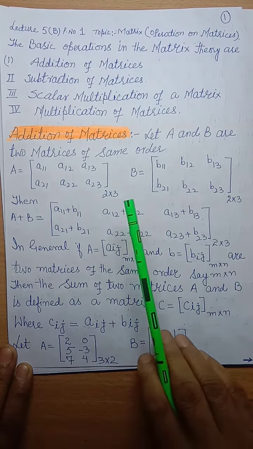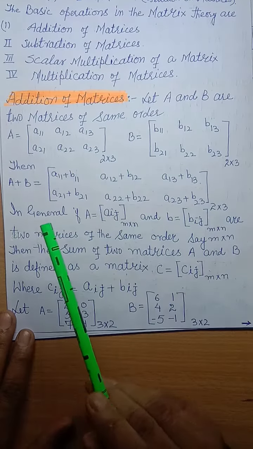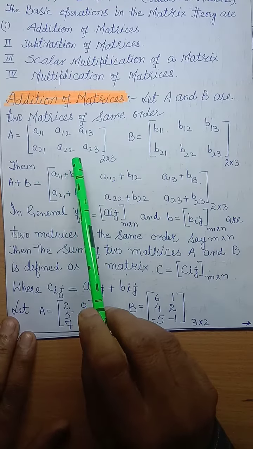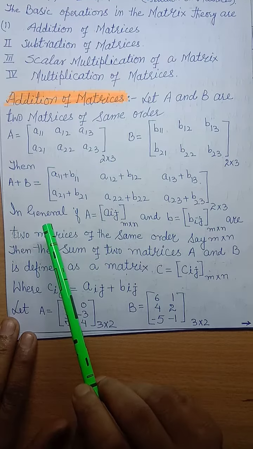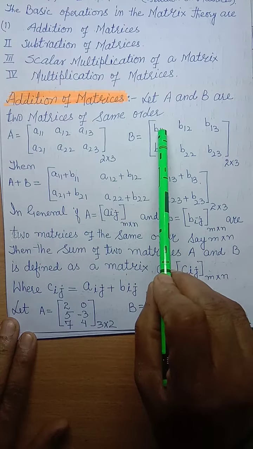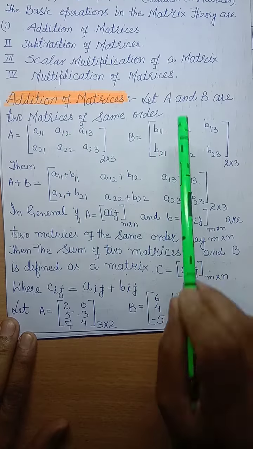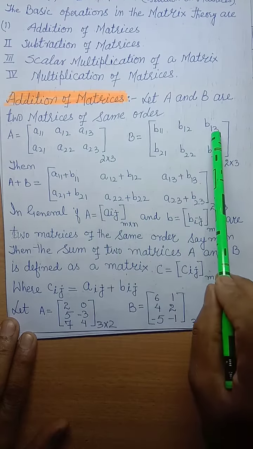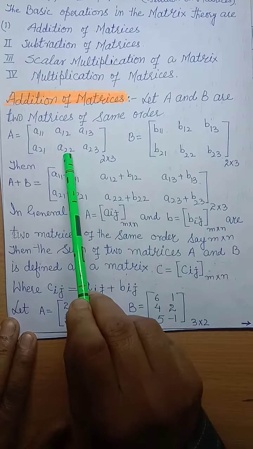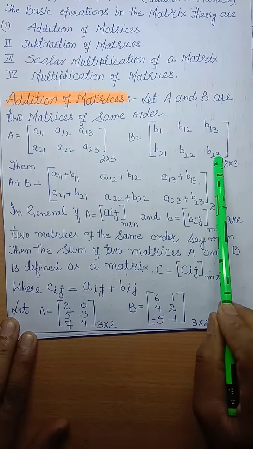तो इसका मतलब ये हुआ कि अगर हम दो मैट्रिसेस ऐड करना चाहते हैं तो उसके लिए उन दोनों का आपस में ऑर्डर जो है वो सेम होना चाहिए. तो उस वक्त A11 और B11 प्लस होंगे, ऐसे ही A12 और B12 प्लस होंगे, ऐसे ही A13 और B13 प्लस होंगे. A21 प्लस B21, A22 प्लस B22, A23 प्लस B23.